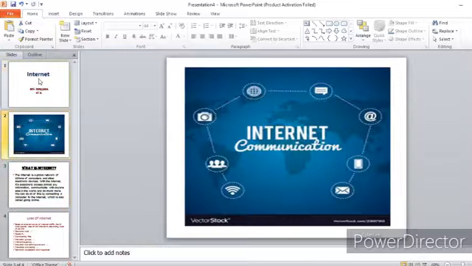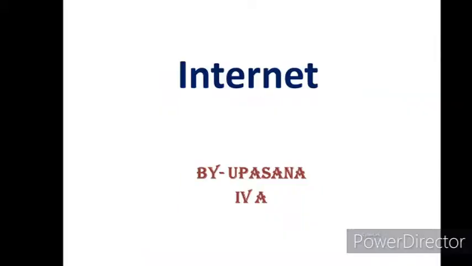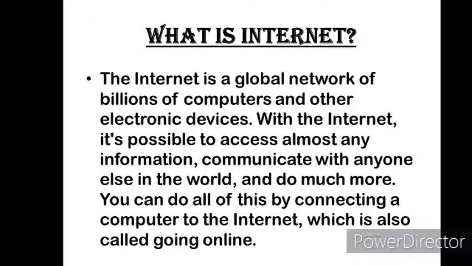Now this is the very simple first step of how to create the four slides we have. Now if you want to see the slides, go to the slideshow. This is the slideshow button. When you click, the slide comes like this. When you click any button, it comes to the next slide. Okay, fine.